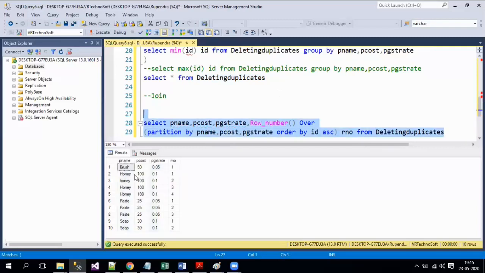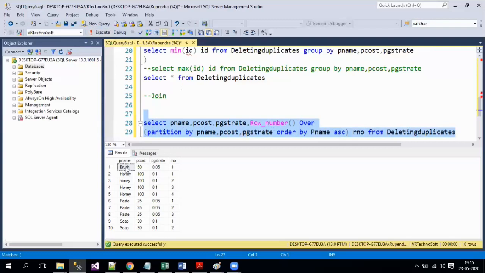So if you see, okay, I think it has been sorted based upon ID. I think it will be a little bit confusing, right? So what you can do is, in the order by clause we can sort based upon the product name, so that we can see the proper row numbers here, or whatever we have applied. So yeah, now it is fine.